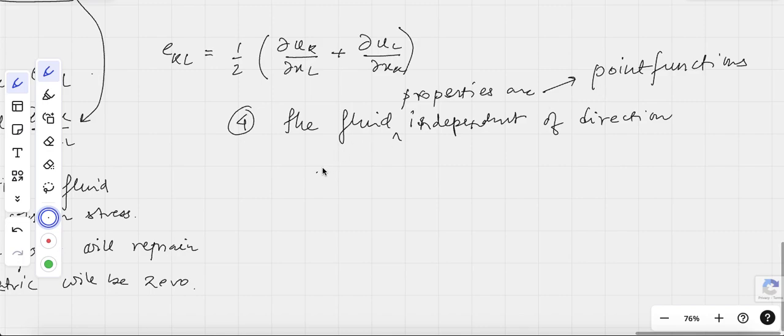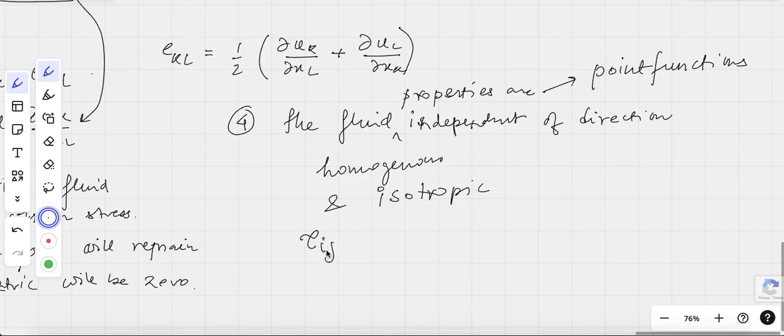The fluid is homogeneous, and this property is known as isotropic, right? If the fluid property is isotropic, we can write